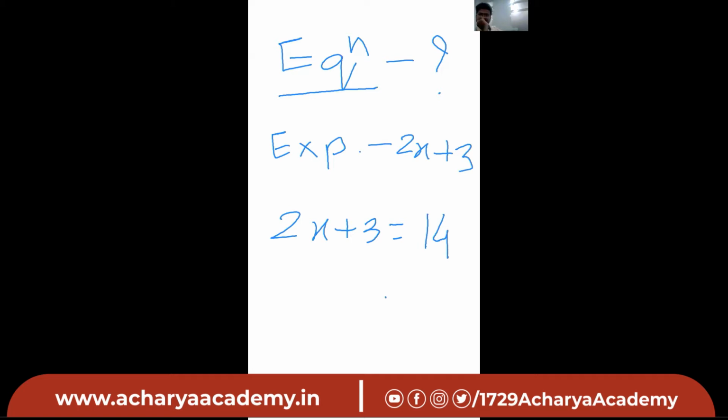Next, what is a variable? A variable is a quantity which changes. That's why its name is variable. Why is this called a linear equation in one variable? It is called linear because the graph of these equations is always a straight line, and also the degree of the variable x is 1. Degree means the highest power of the equation.